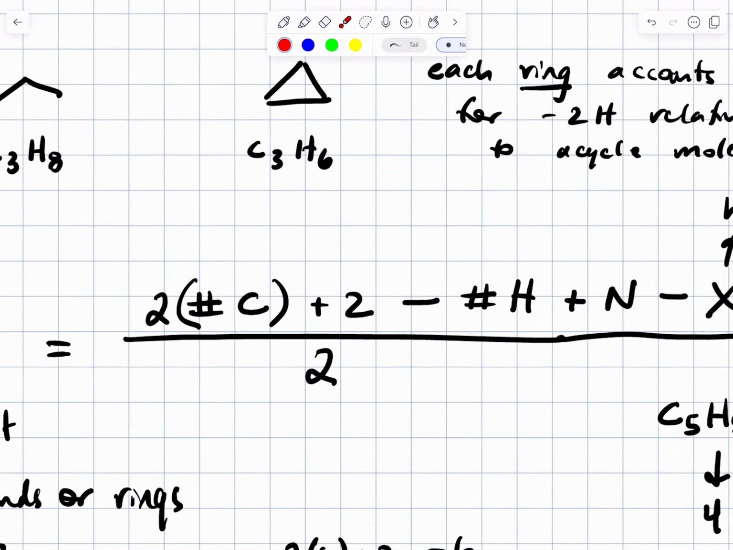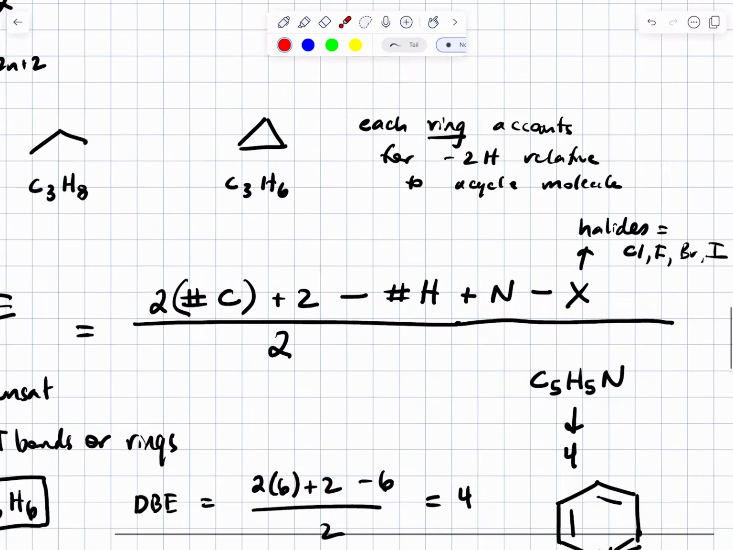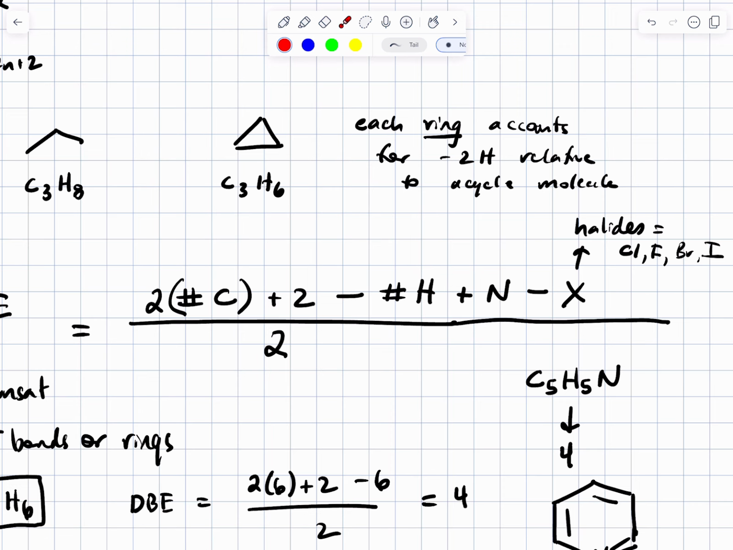so this is your equation for calculating the number of degrees of unsaturation or double bond equivalents. The idea is 2 times the number of carbon plus 2 minus the number of hydrogens minus the number of halides plus the number of nitrogens. So